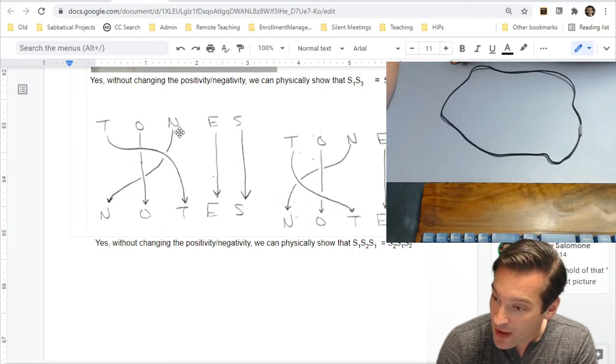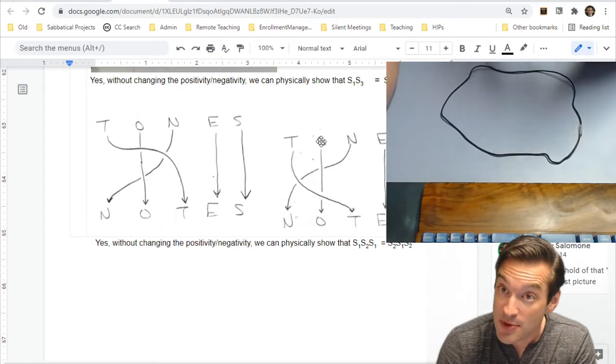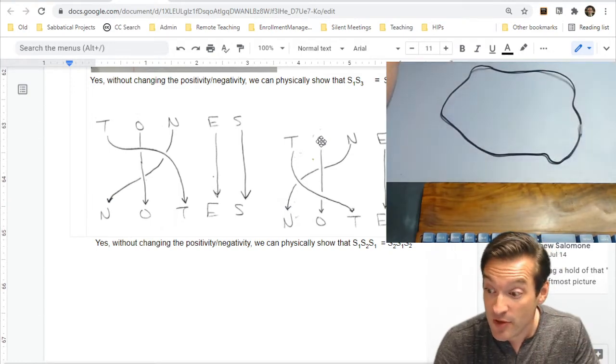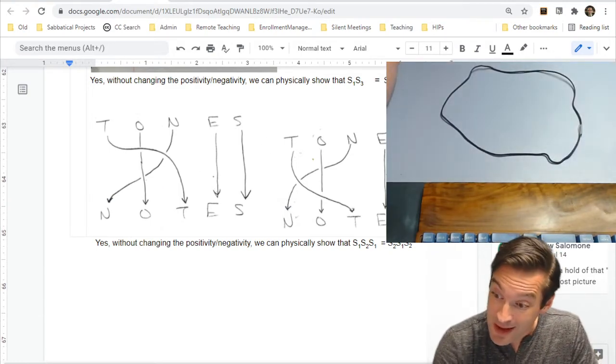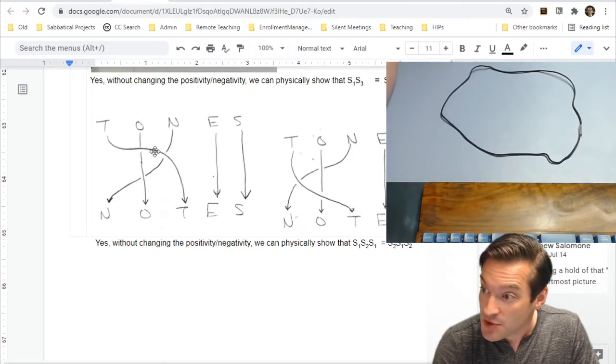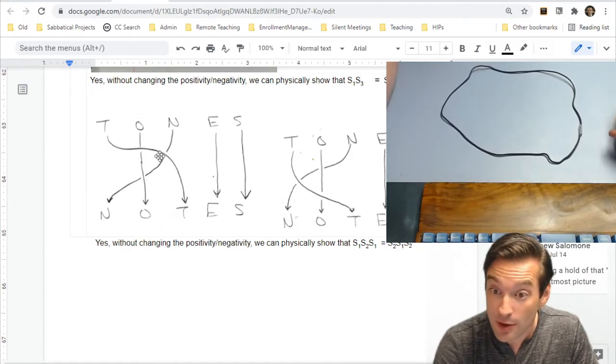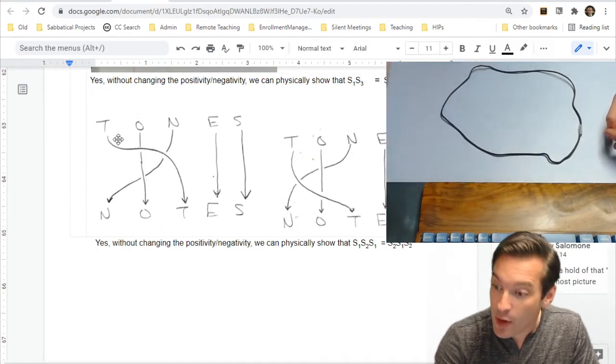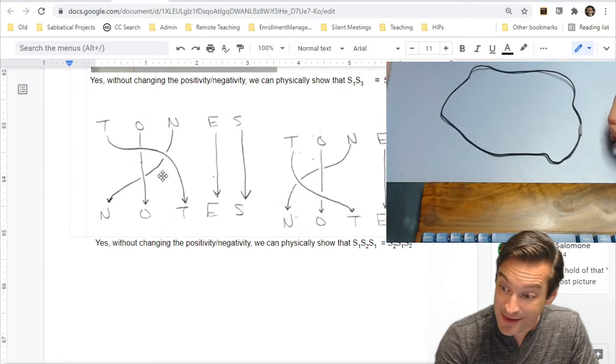And we found out that this diagram on the left and this diagram on the right really should represent the same braid. There should be an isotopy of braids that connects this one to that one. And the reason is that there's this one strand, the T strand, which is lying on top of both the O strand and the N strand that are underneath it. So if I could just grab a hold of this T strand and slide it to the south and west